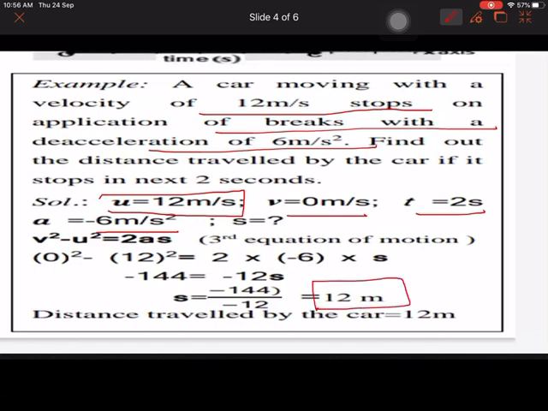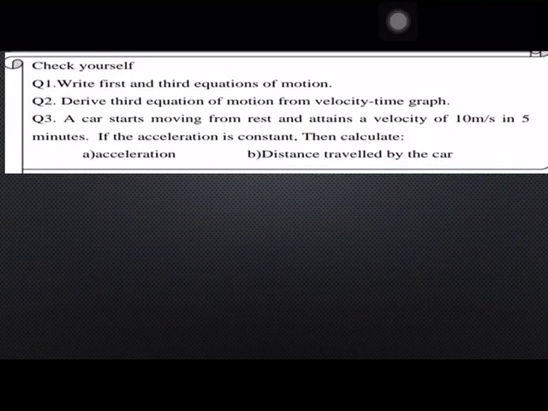You must do all these three numericals at one time along with those from the previous two worksheets, and you will understand how the same formula is utilized and we get a similar result. Next is the question answers. Write the first, second and third equations of motion. First is v equals u plus at, second is s equals ut plus half at square, and third is v square minus u square equals 2as.